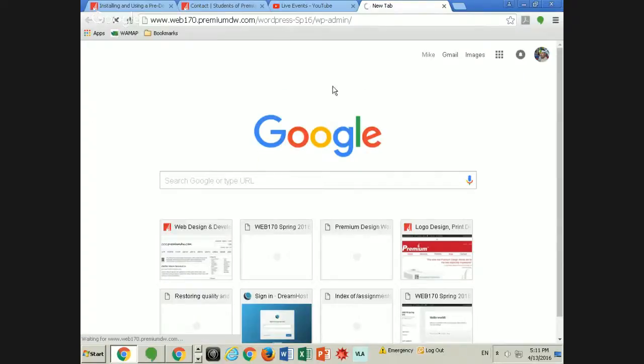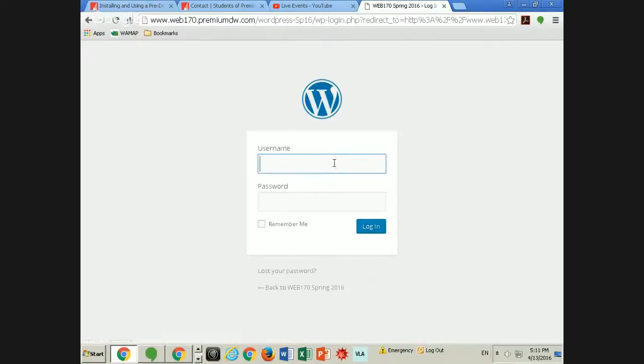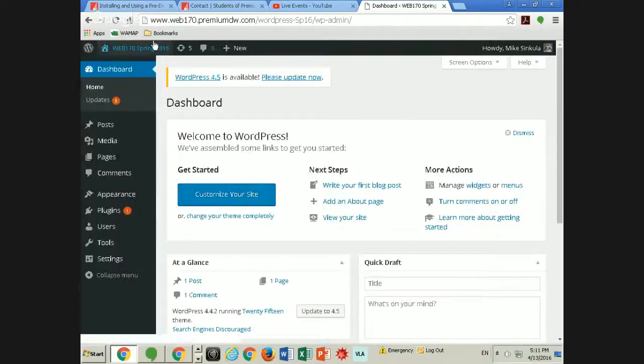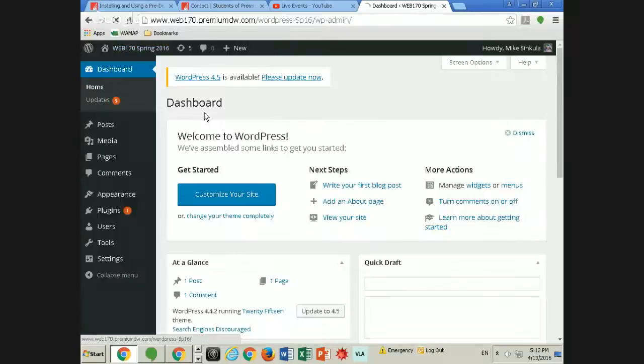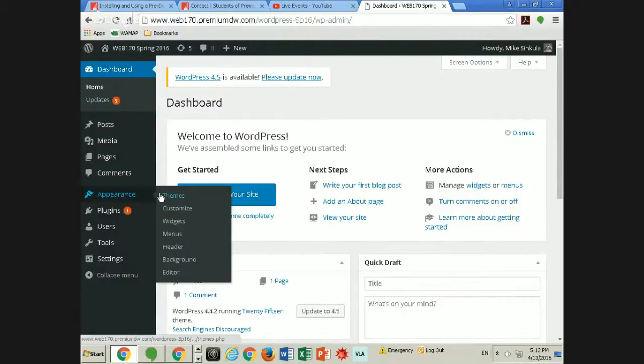So if I logged into my admin, and then visited the site. Again, what I did on Monday was I changed from the default WordPress 2016 theme to the default WordPress 2015 theme. Okay, so if I then go back into the dashboard and go under Appearance